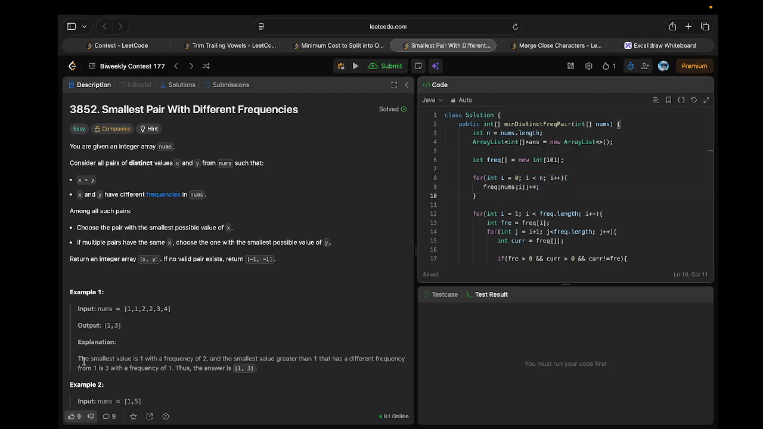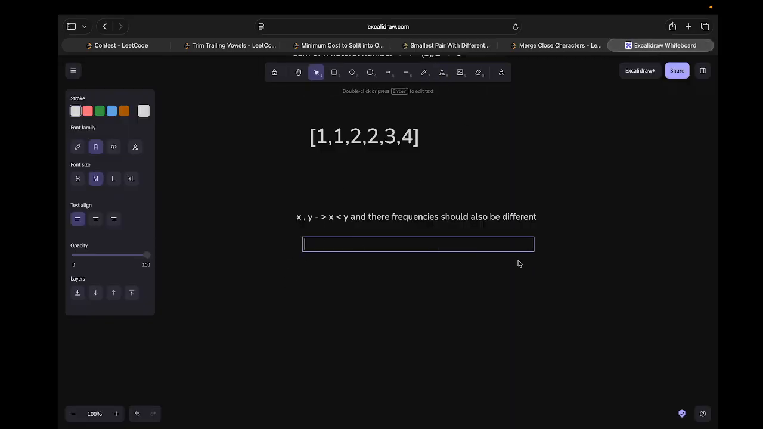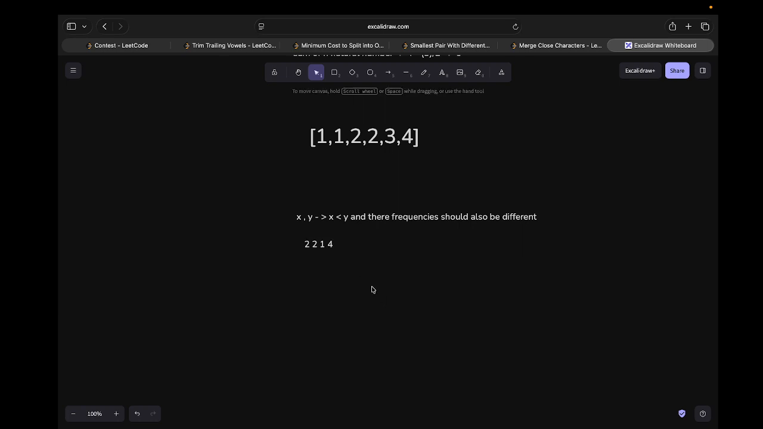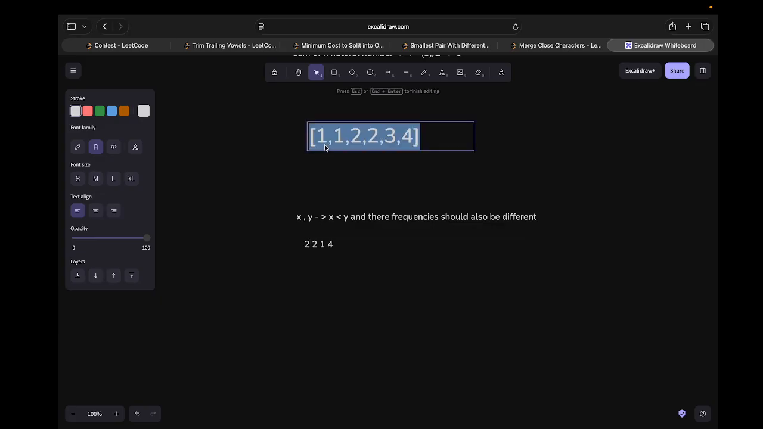Because they specifically mentioned that we are dealing with the frequency, at every step I'm just counting the frequency. So let's say 1 has a frequency of 2, 2 has a frequency of 2, 3 has a frequency of 1, 4 has a frequency of 1. So this is it. And now what we just have to do is pick the first number from the given array,